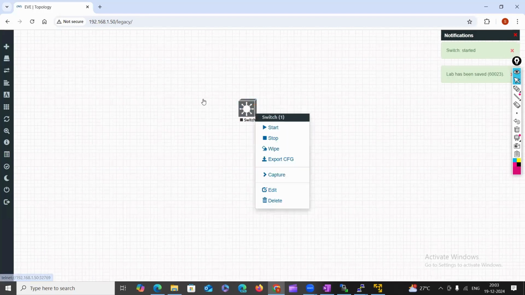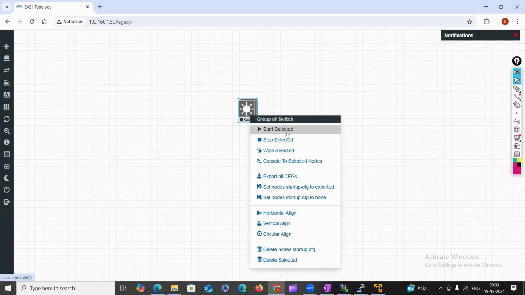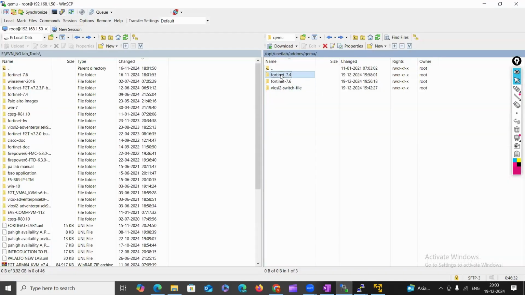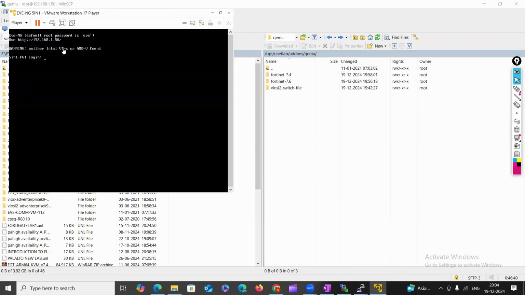You can see that I'm trying to keep on the device will boot. I mean, it will go down without providing any error, no bootable device error, right? And the file name after that, if it is keep on going down and you're trying to fix it by fixing the file name, folder name, path and everything, you're checking, everything is fine, and still it is going down, it means you have to go to your VMware workstation